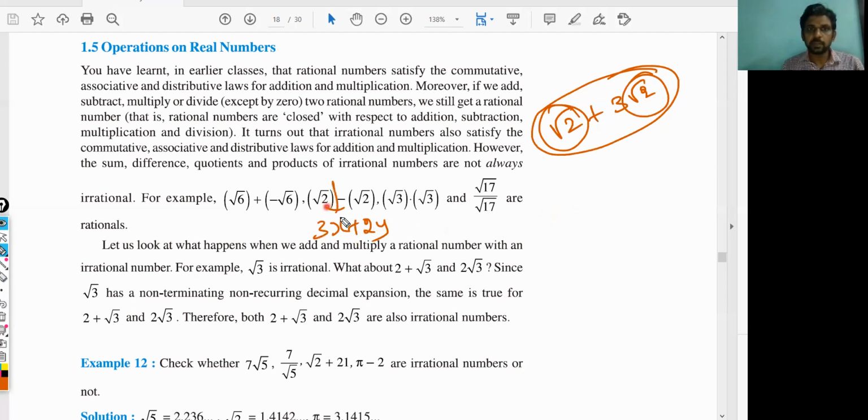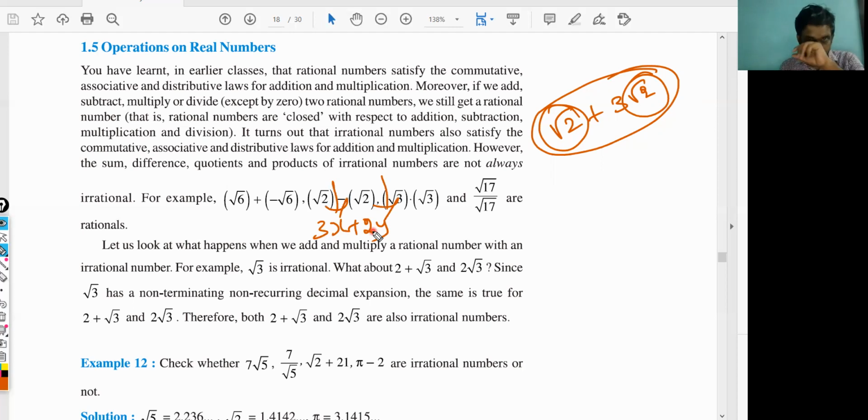So how do we consider this one? We'll consider x as some product, y as some other product. For example, x as apples and y as mangoes. So 3 apples plus 2 mangoes. I cannot say it as 5 mangoes, or 5 apples, or 5 apple mangoes. No. It is 3 apples and 2 mangoes. Nothing can be done there, right?